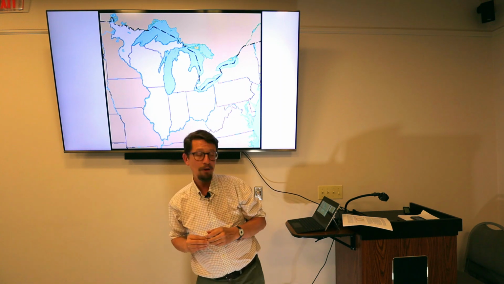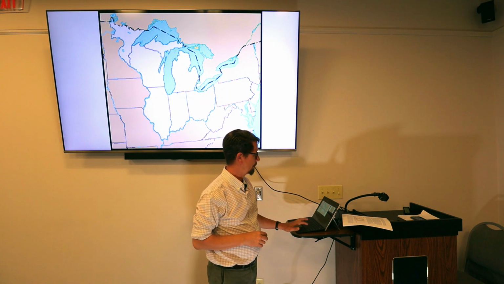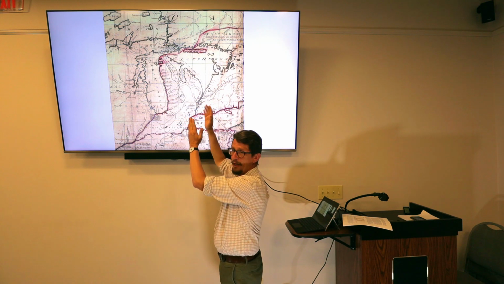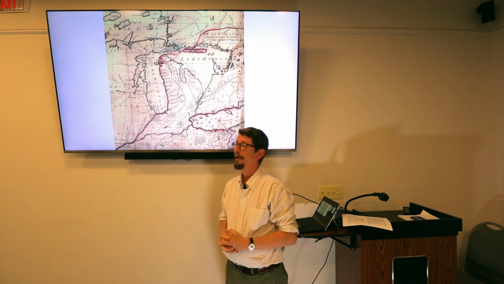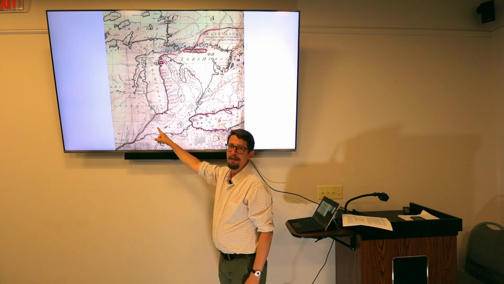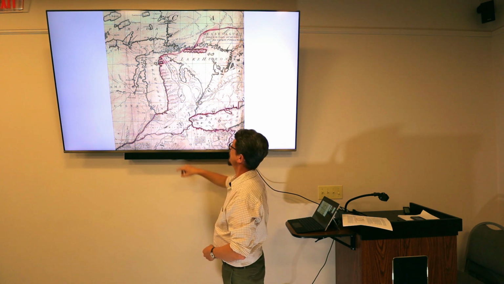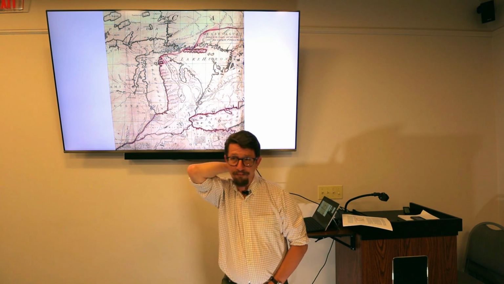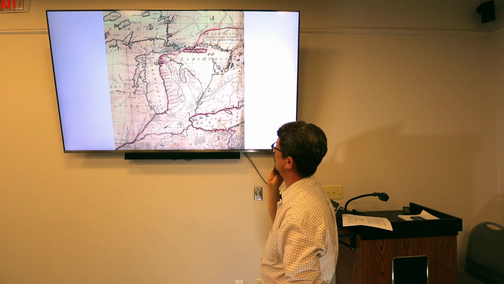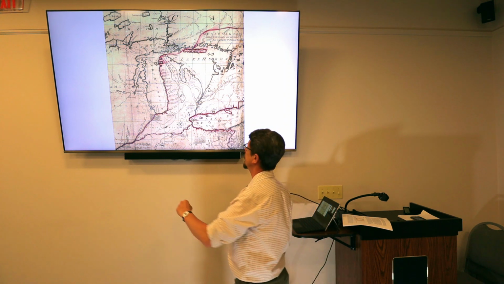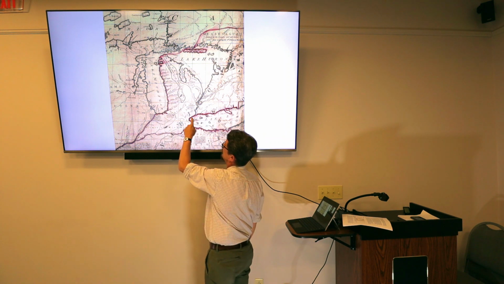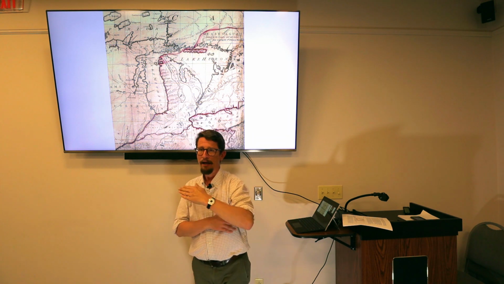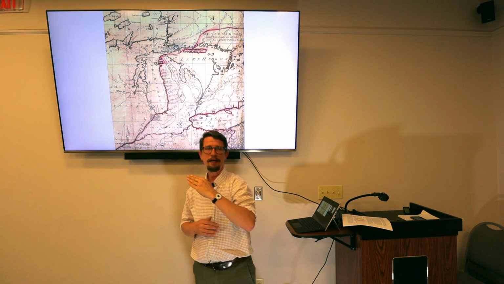And they were going to use a map called the Mitchell Map of 1787. Other than the fact that the Lower Peninsula is much smaller, much narrower than it really is, it's off the length of Lake Michigan. Lake Michigan actually comes down to about this meridian here. So drawing off of that, they decided that they would draw a line from the tip of Lake Michigan east to the western shore of Lake Erie. If there was any discrepancy, they would actually tilt the line up to take in the Maumee River.